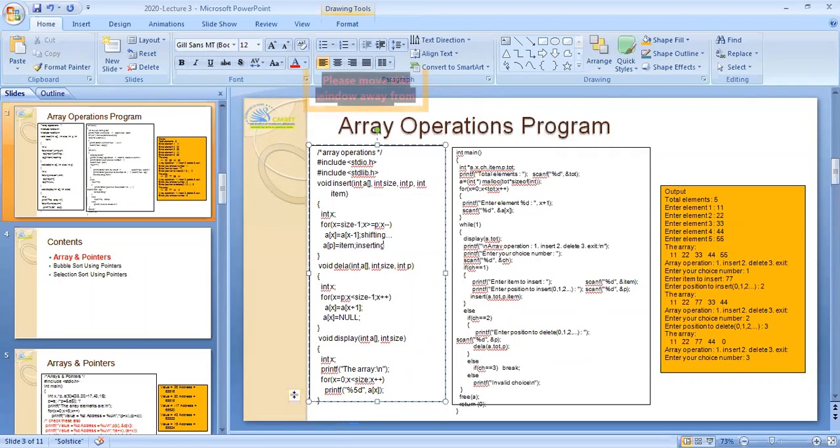Kindly see here, this line will tell you for shifting the elements. First element is shifted to second, second element is shifted to third. So that is called shifting. Once you shift all the elements, then you have empty space, you can insert. So that is the insertion operation.